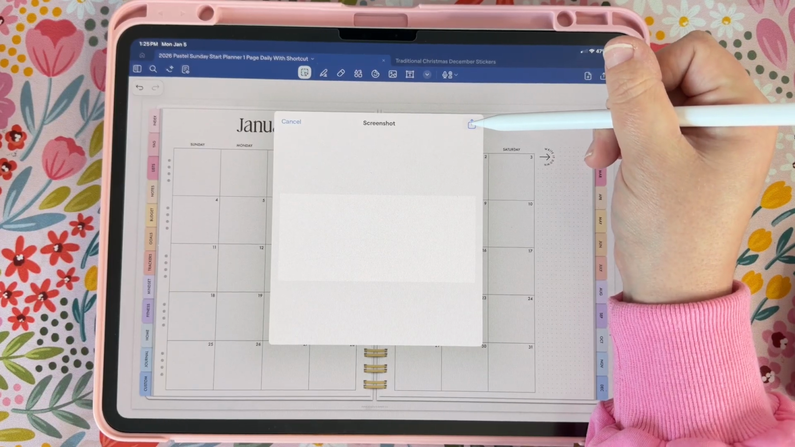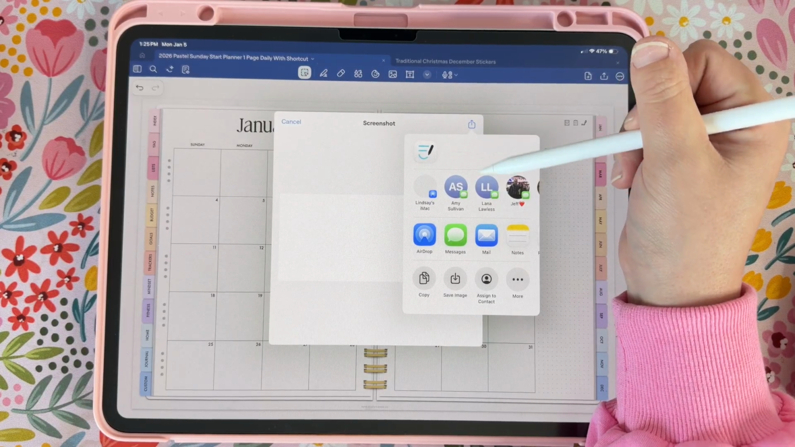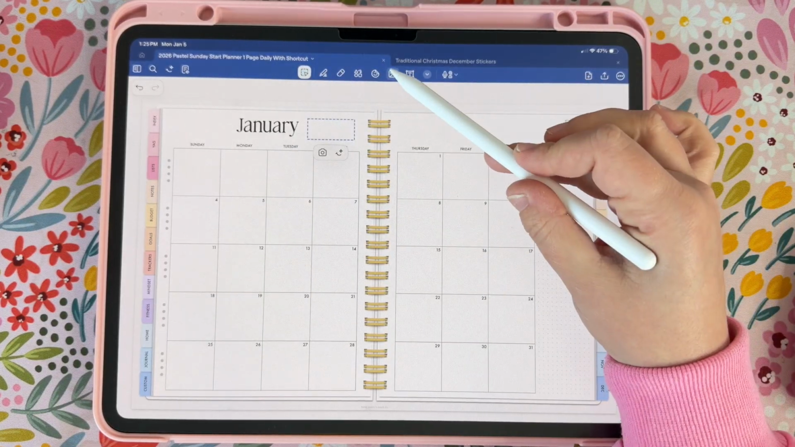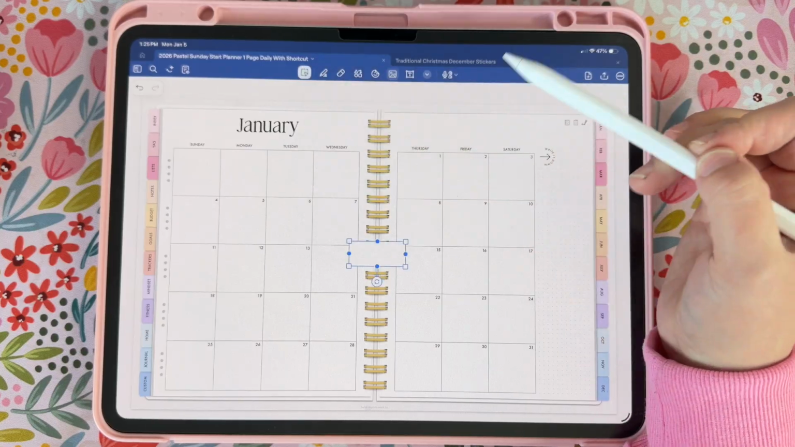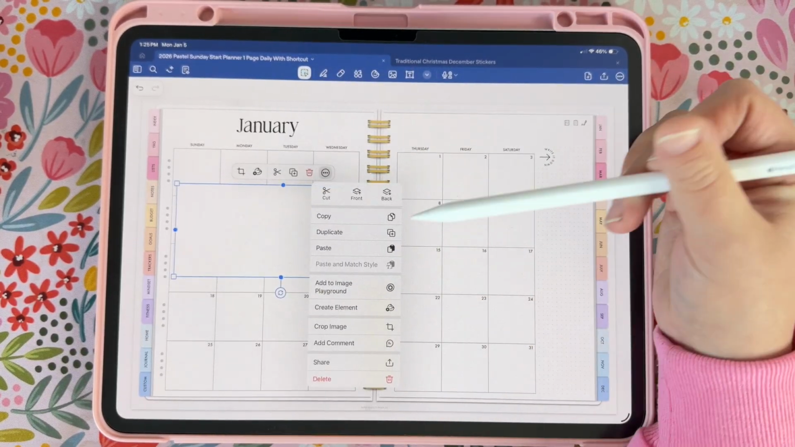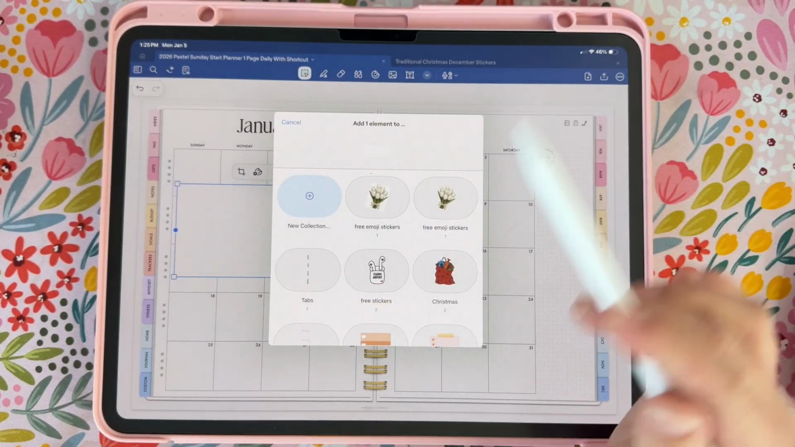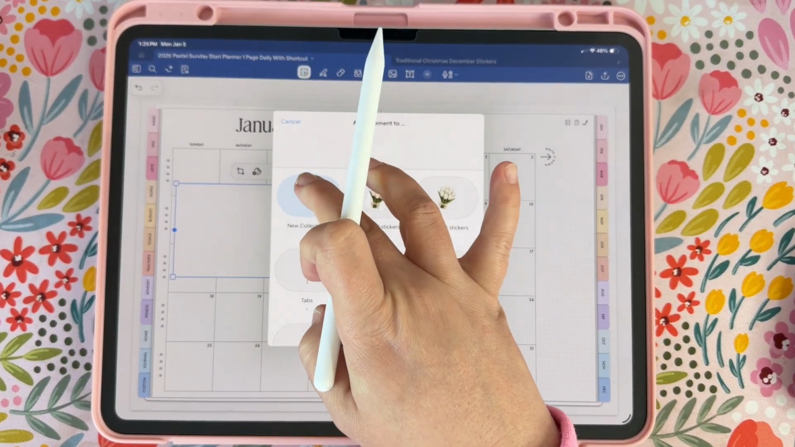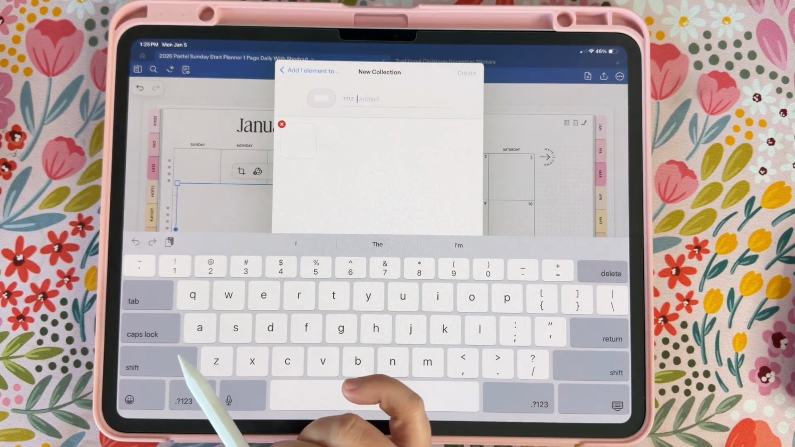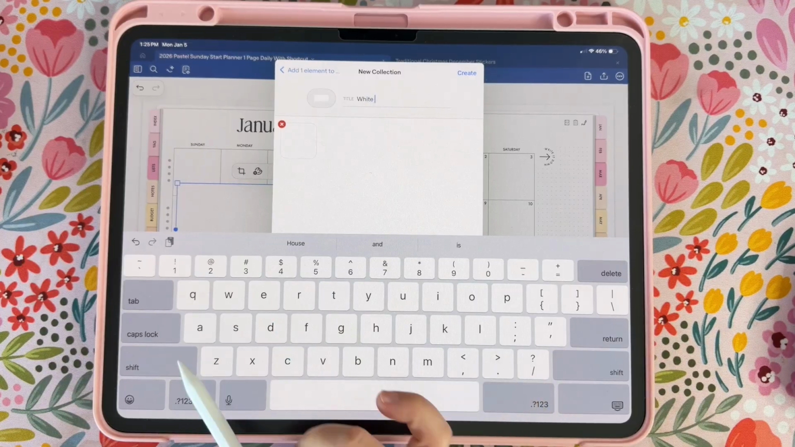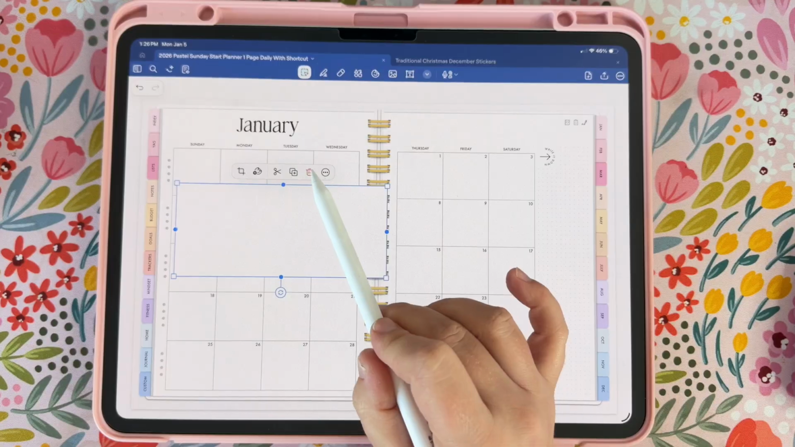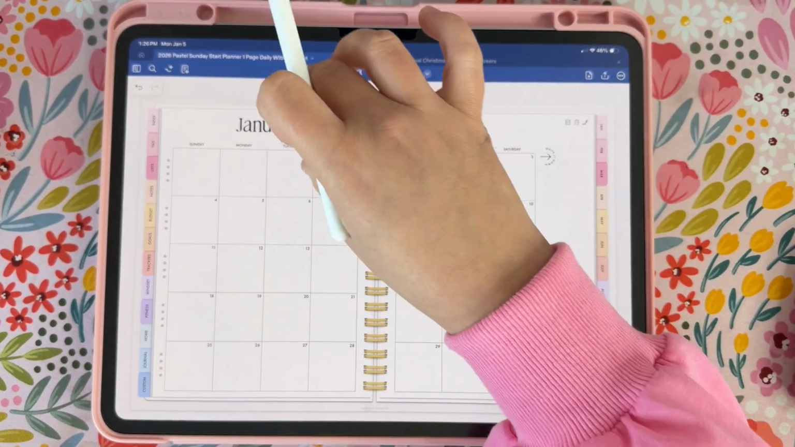Now right here, if you click and hit export, you're going to save image. Now you're going to go over here to your photos tool, click on that white box and add it in. Now click on it, click these three dots and hit create element. Now here you can create a new collection. So I'm just going to hit create a new collection, and I'm going to name this white box and hit create. So now I'm going to delete this,